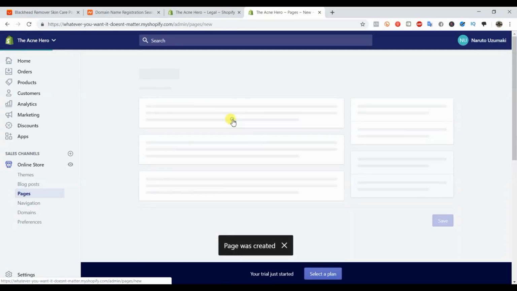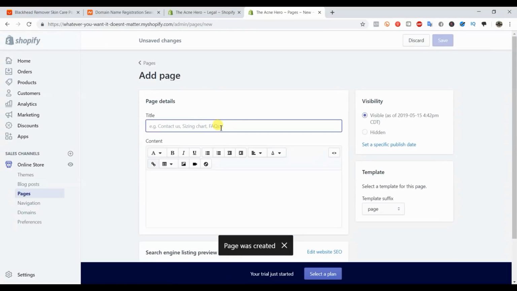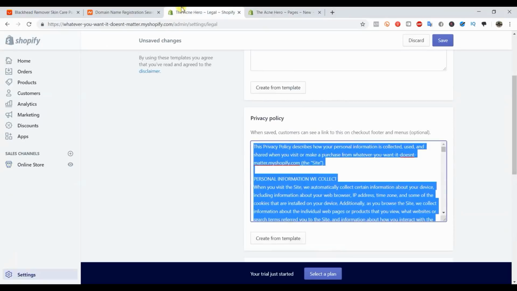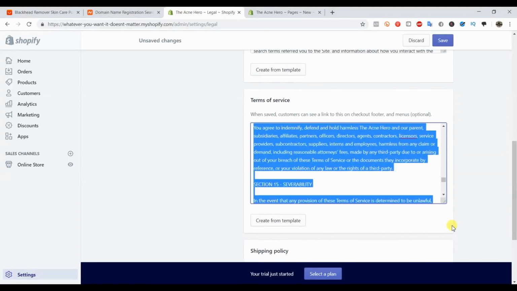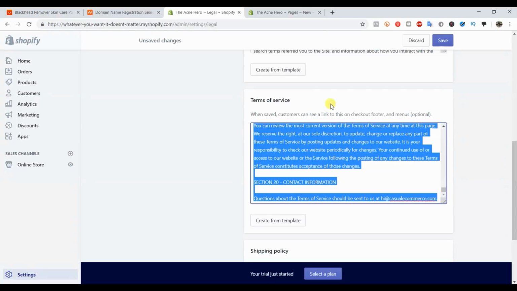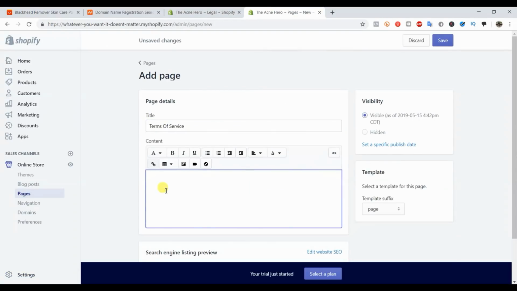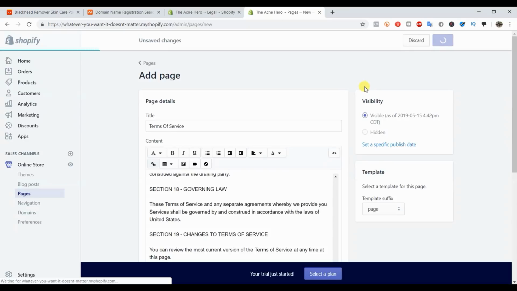Now we're going to create another page, and this is going to be the terms of service, and every store needs these pages, so you just want to get this information in here, copy it, hit paste, save it,